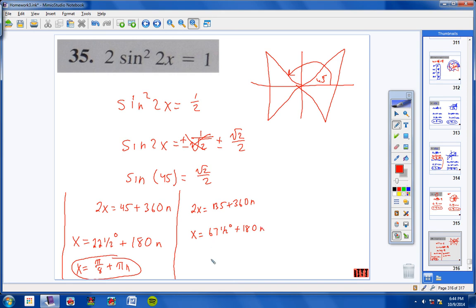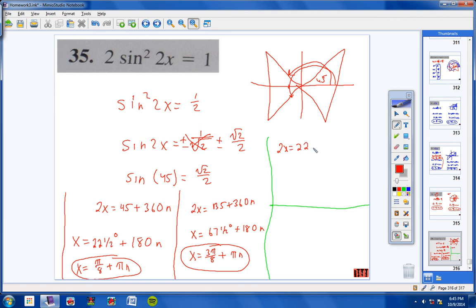You get 3 pi over 8. All right, so x equals 3 pi over 8 plus pi n, or n pi. Okay, we're going to run out of room here, so we're going to put some dividers here and here. Okay, and continuing on. Now, here's 45 degrees here, so we're going to go 180 plus 45 more, which would be 225 degrees. So 2x equals 225 degrees plus 360, and divide everything by 2, and you get